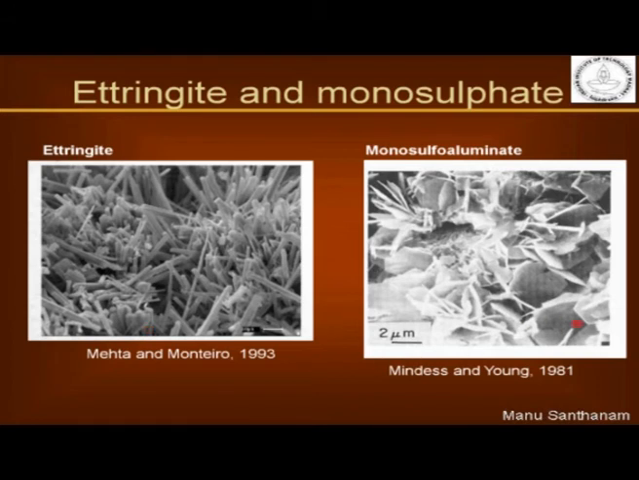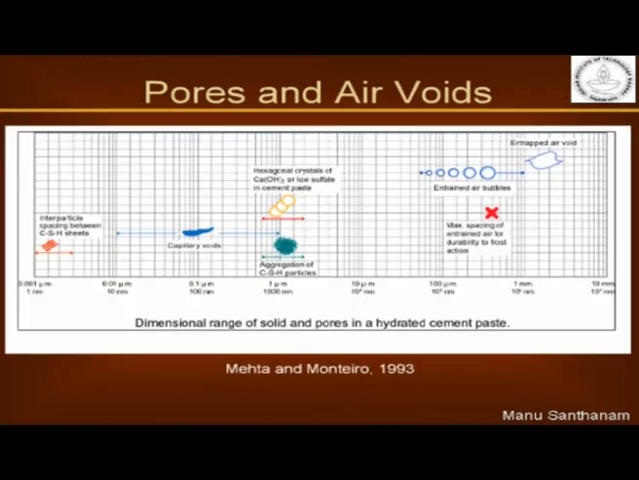Whereas monosulfate, which is a stable form of calcium sulfoaluminate, please remember, in ordinary Portland cement paste, ettringite slowly converts to monosulfate, and monosulfate remains stable over a long period of time. The plate-like shapes are basically those of monosulfate. Now a very important concept is the understanding of the sizes of pores and voids that are formed